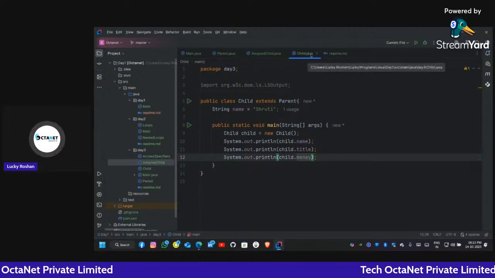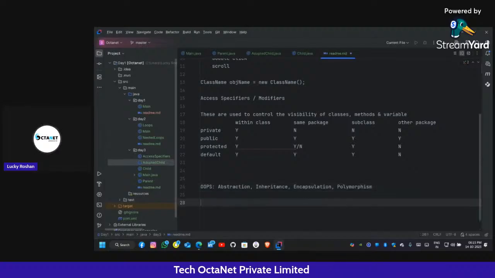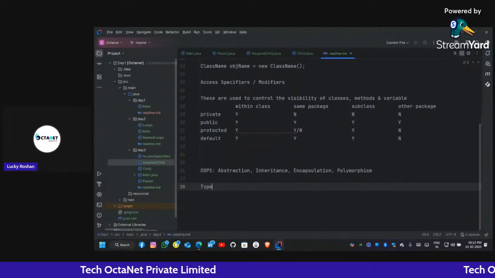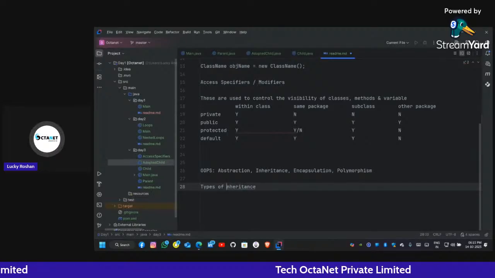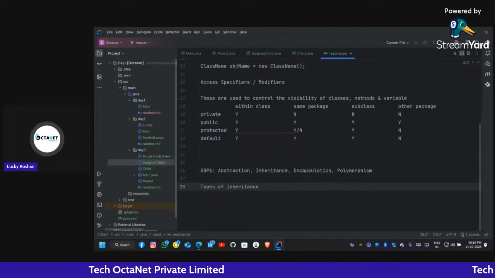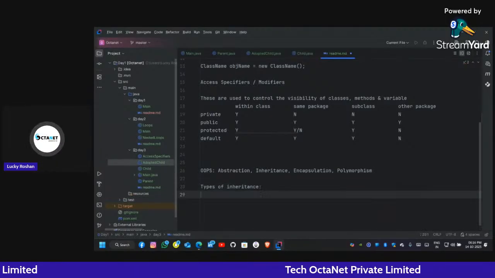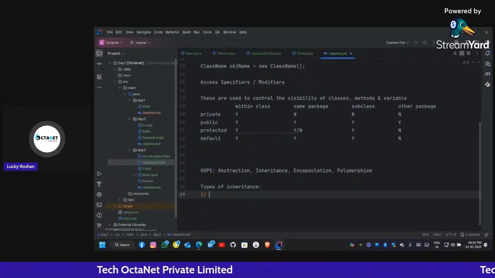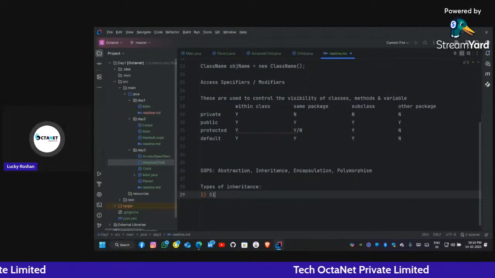Shruti, yes, very good. Okay, so now let's come to the types of inheritance. Okay, there are many types of inheritance. Okay, so what are the types of inheritance? Yes, Mayur Mitkar, yes, very good. So let's discuss the types of inheritance. The first one is what? Multi. No, the first one is single level or single inheritance.